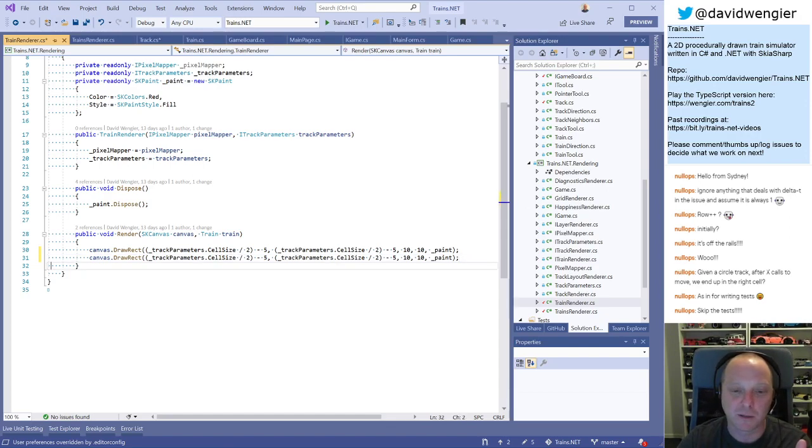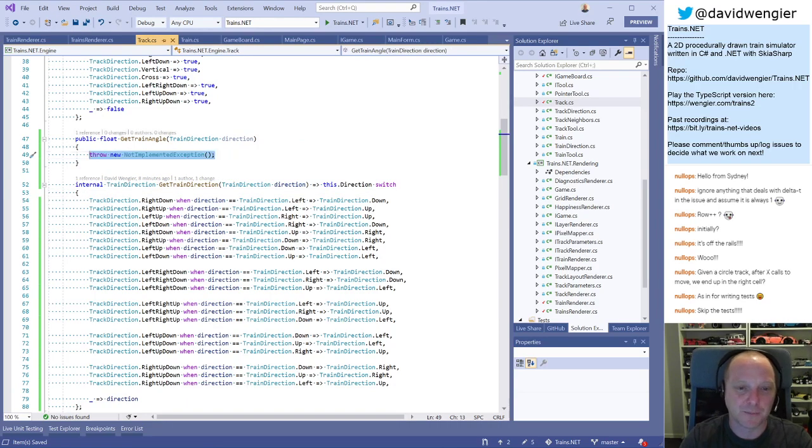We want to draw a little rectangle that goes from +5 and -2, and we'll make it width of, let's just do 4x4. Okay, I think that should be a little front